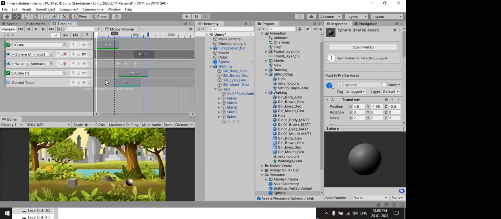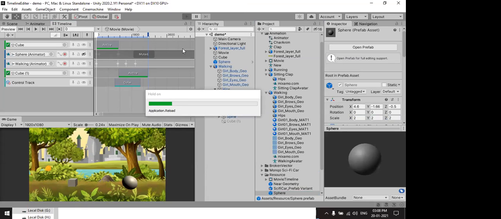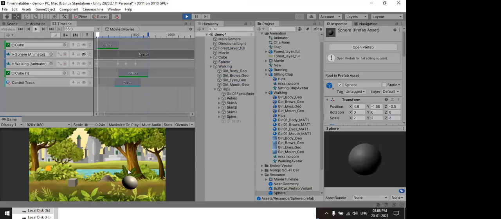Okay, see. When I run the project, just see that. Some sphere will be displayed over there. See. Okay.